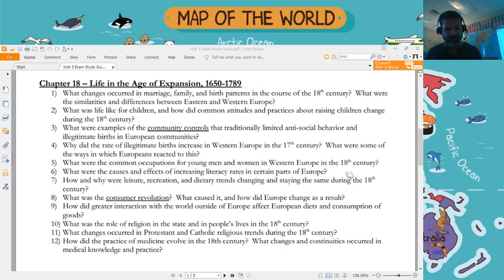Number 6. What were the causes and effects of increasing literacy rates in certain parts of Europe? So, number 1, literacy rates tended to rise in, well, where did literacy rates rise faster? In Catholic countries or Protestant countries? Protestant countries. Yeah, because of this cultural emphasis in Protestant countries on becoming literate for the purpose